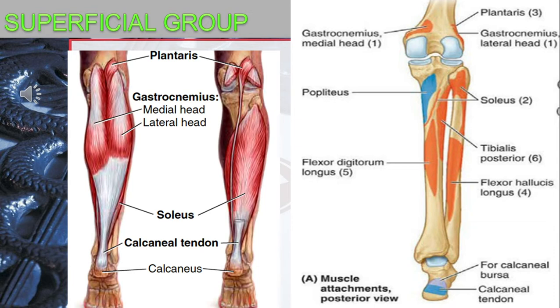Plantaris is the smallest muscle of the superficial group. It is lying or originating deep to the lateral head of gastrocnemius. You can see the small belly here and the long thin tendon going towards the medial side, and then inserting on the calcaneal tendon. It can help slightly in plantar flexion produced by gastrocnemius, and basically it is a vestigial structure, and it can also be known as freshman's nerve when observed between gastrocnemius and soleus here.